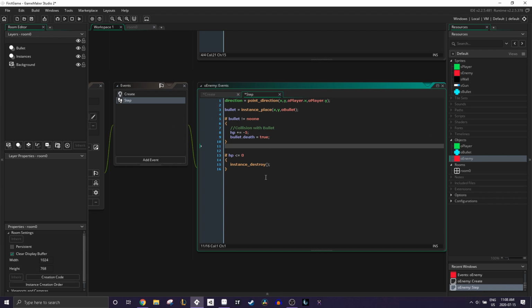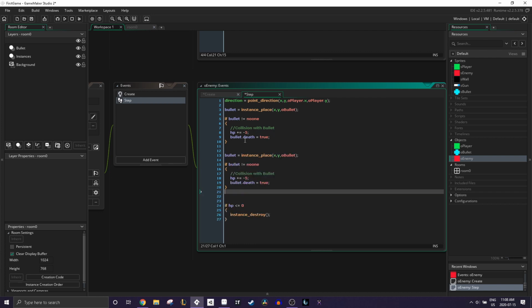This is our enemy. The only other thing we need to do is we're going to copy this code again. It's very easy to copy code and place it again. So copy the code and then change this to player. Just change all of these variables to player so we can relate it to the player object. And then we are going to set,